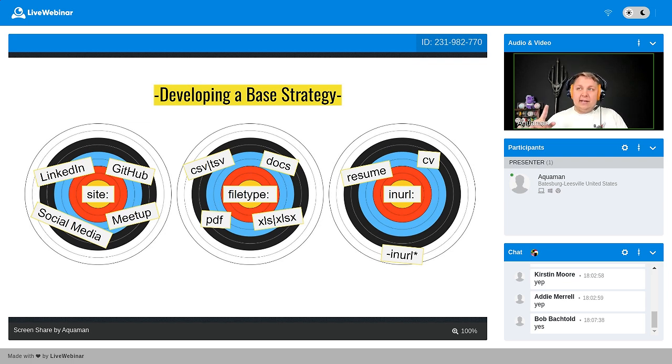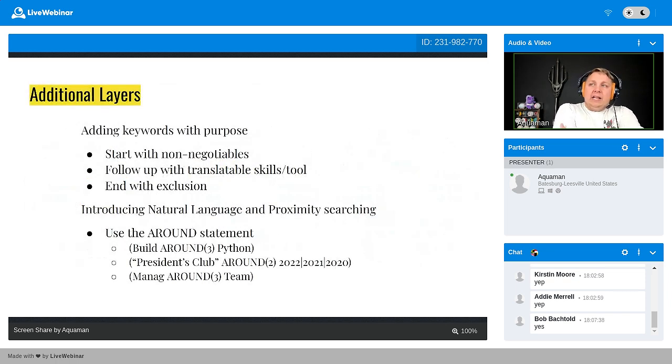So that's three generalized strategies. Once you've determined which one is likely to be most effective for you, and we're going to focus on the site one today, and we might look at a couple of the other ones in specific instances, the next step is adding your additional layers. Your additional layers means adding your keywords with purpose. The best way to do this, keeping in mind that X-ray searching is limited to 32 words,